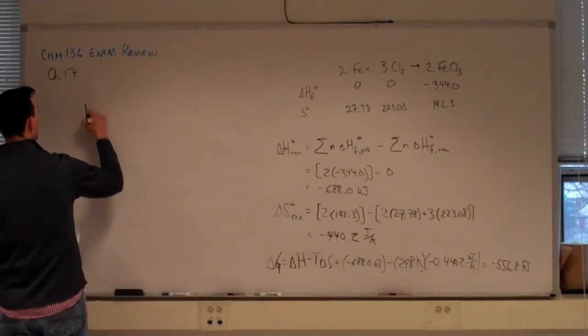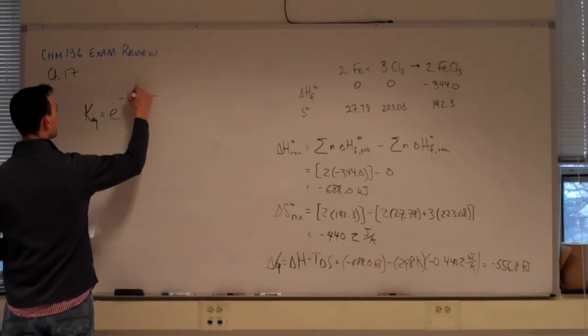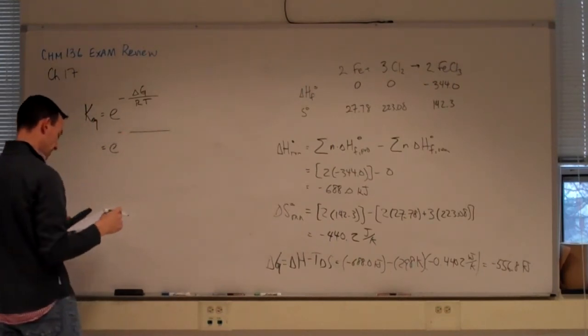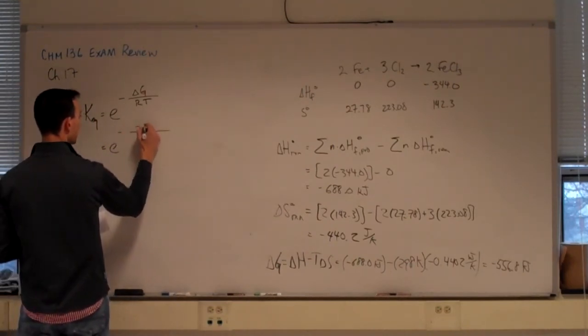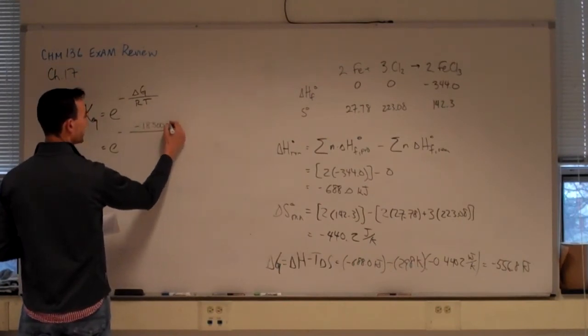So the equilibrium constant, KEQ, is e to the negative delta G of a process divided by RT. So it's going to be e raised to the negative, now I'm going to convert 18.3 kilojoules to 18,300 joules